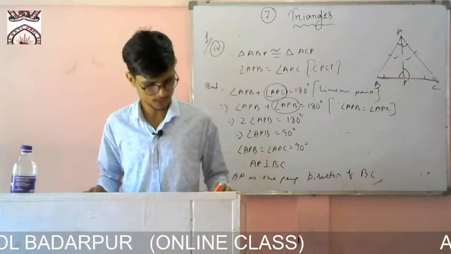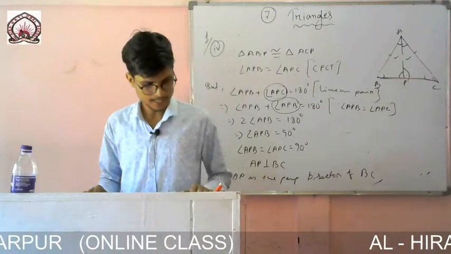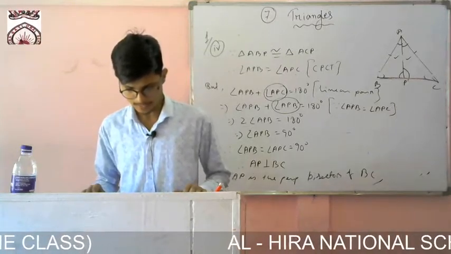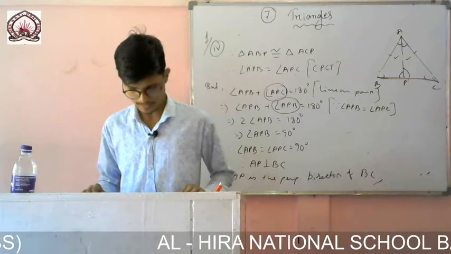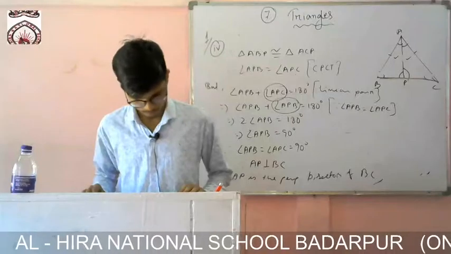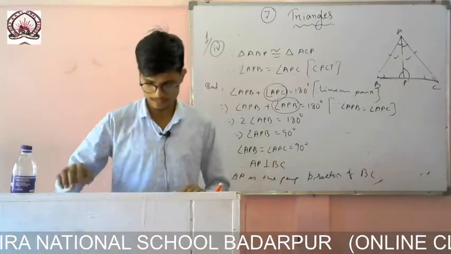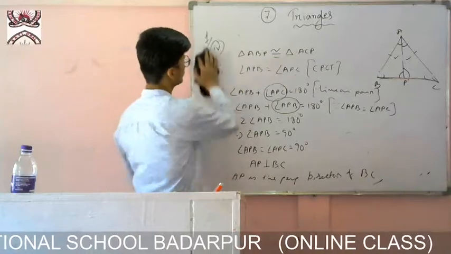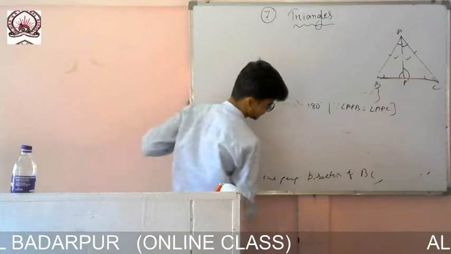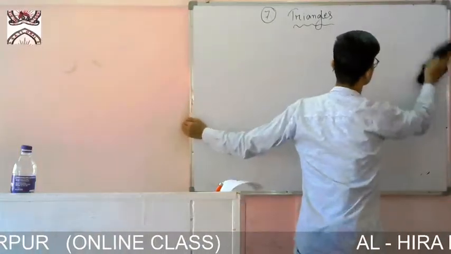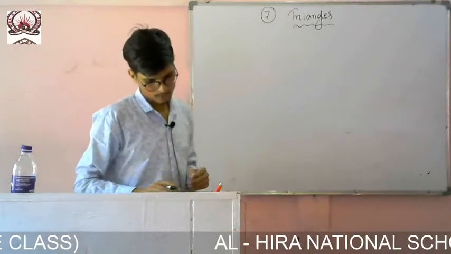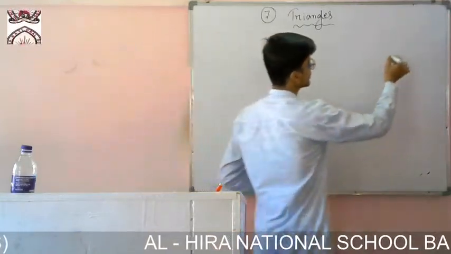Now let us move to question number 2. AD is an altitude of an isosceles triangle ABC in which AB is equal to AC. Show that AD bisects BC, and again you have to show that AD bisects angle A. Very easy. So many times we have proved the same type of question. The figure, though it is not there, you have to draw. Okay, let me draw one.